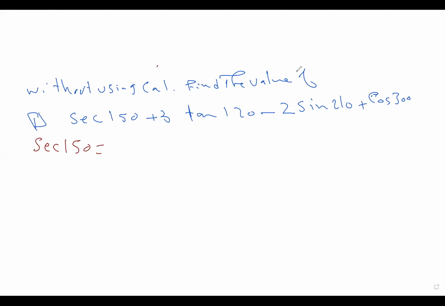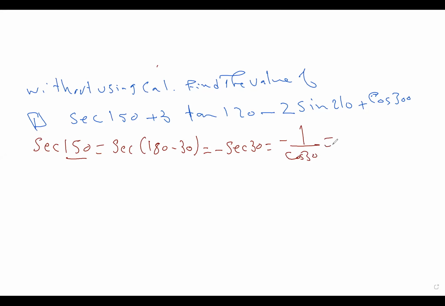Second quadrant. And the secant has the same properties as the cosine, because cosine and secant are reciprocals. So secant in the second quadrant: you write 180 minus which angle? 30, to get the same angle. So sec(180 minus 30) in the second quadrant will be negative sec 30, which equals negative 1 over cosine